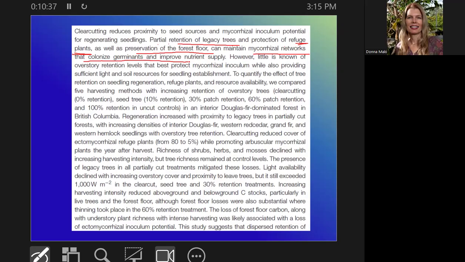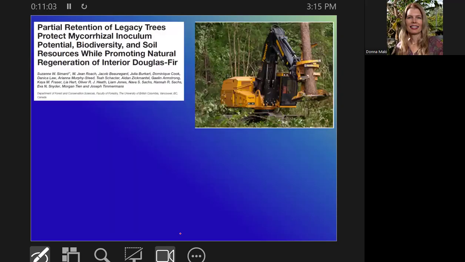But she's saying, even though this is the year 2021 when they published, we just don't know that much about what's the best way to do this so that we get enough of the mycorrhizal fungi persisting, and we get good seedling germination after the cutting has happened. Is there a way to do this besides clear cutting? So they did an experiment. I'll come back to this. They did an experiment